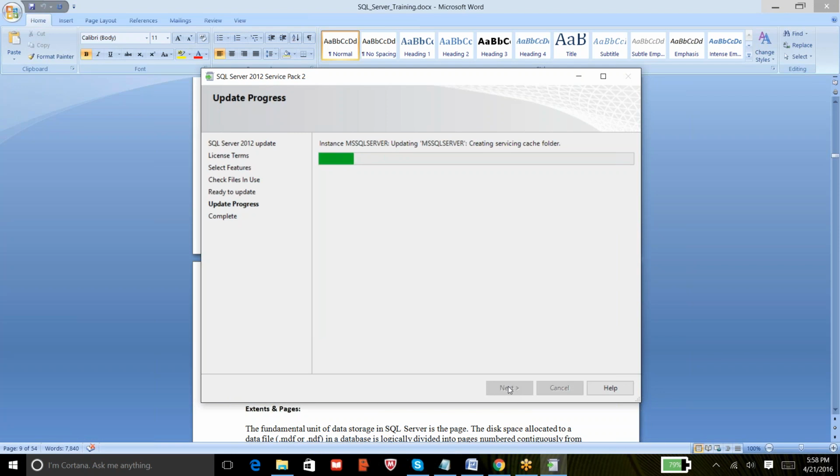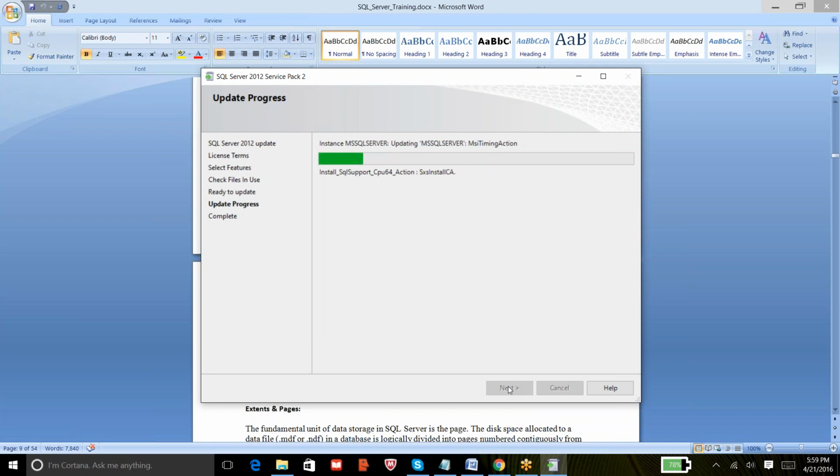Or the users might not feel comfortable after applying it. Even if you are doing a good thing by applying the service pack as per Microsoft recommendations, there is still some possibility where the application doesn't like it. In that case, we have to roll back. We have to remove the update that we are installing now.